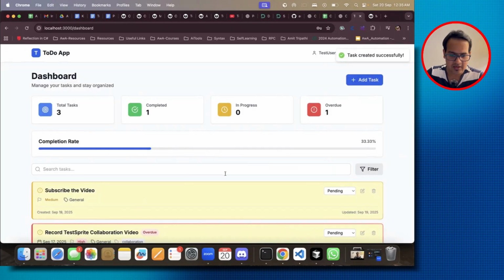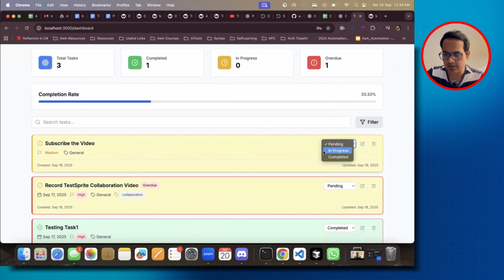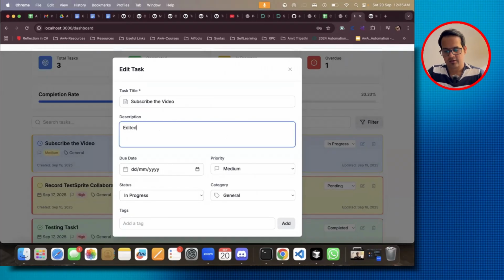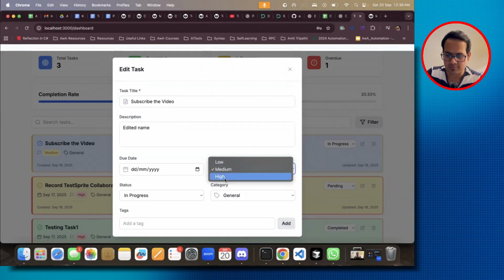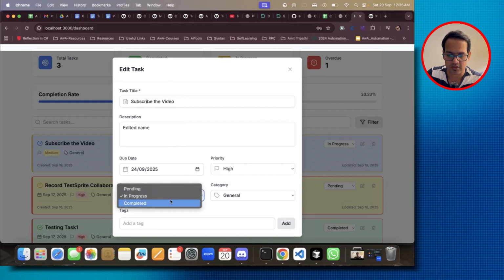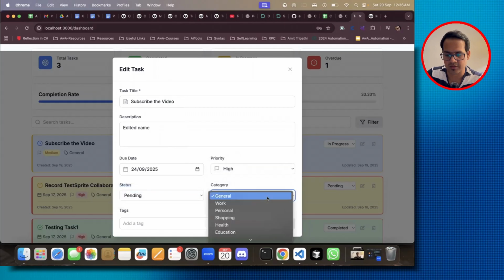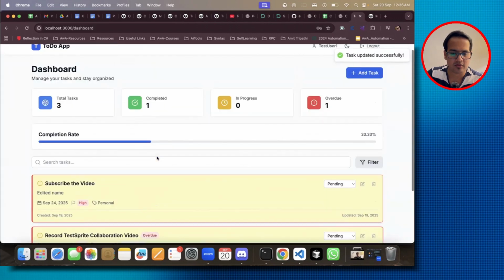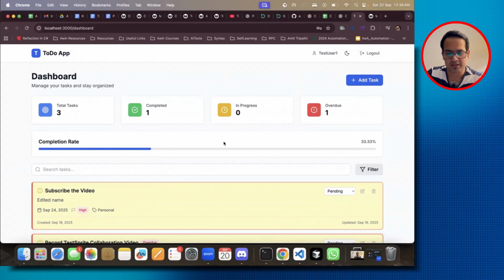So create task, and as soon as I created the task, you see over here total tasks 3, completed, in progress, and overdue. So over here you can change the status of this. You can edit the name. You can edit the priority also. This is a high priority task, and the due date is let's suppose 23rd, and it's in progress, or we can mark this as pending. It is personal, and add tags and update task. So I did update this. So this is basic functionality,